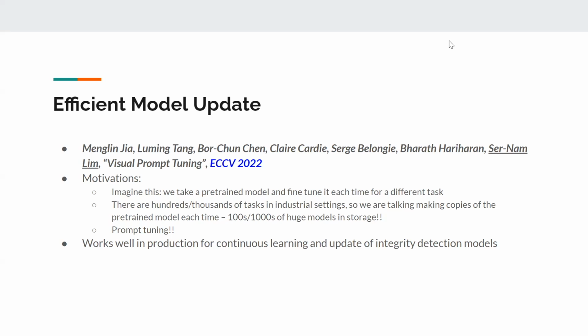Now, guess what? Let's say in a company, there are 100 teams using these models, where they take these models, make a copy of it, and then fine tune it. We end up with 100 copies of these 320 gig models, all having a little bit of fine tuning on top of it just for their tasks. And that is the first problem we have